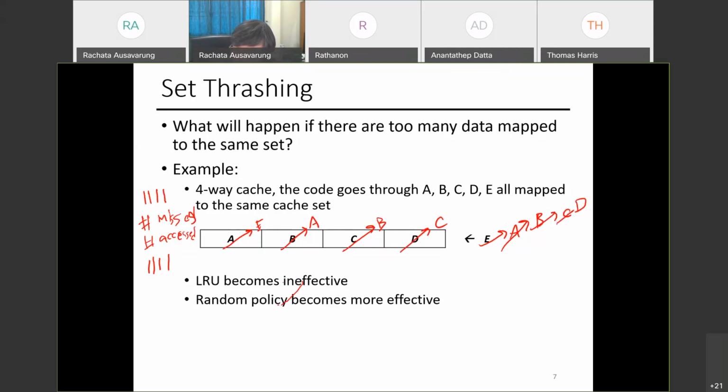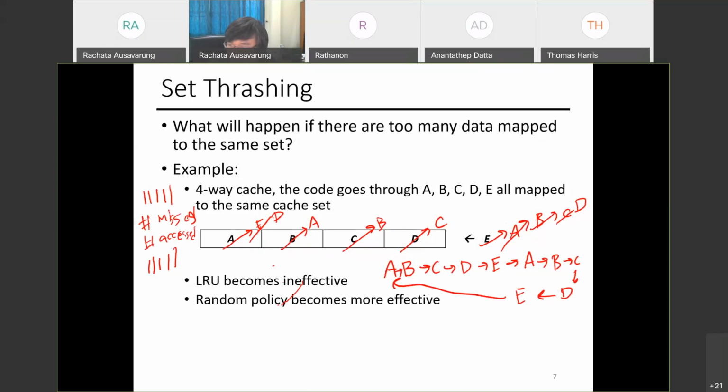Go back to D. D kicks out E, right? Also a miss. So if I have to access A followed by B, followed by C, followed by D, followed by E, comes back to A, then B, C, D, E, and then repeat from the beginning, I would have 100% cache misses, right? Are you with me? If you happen to have this pattern, if you write a program this way and it just happens to be mapped to the same set,